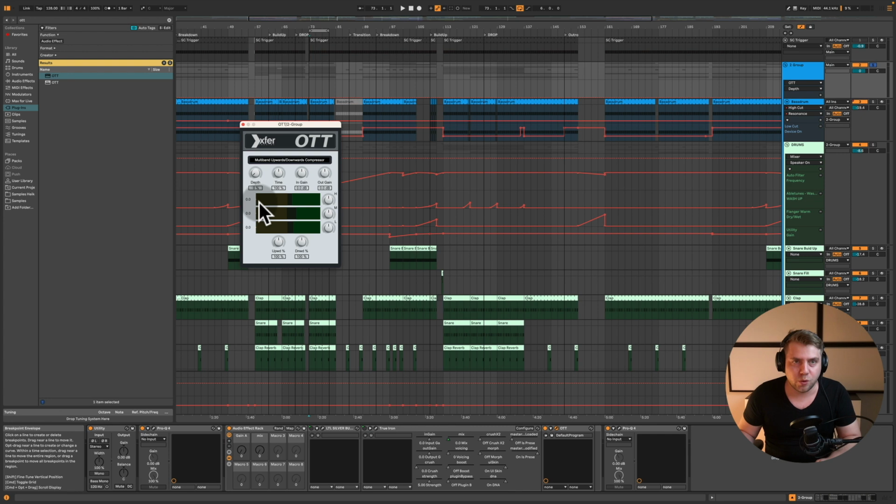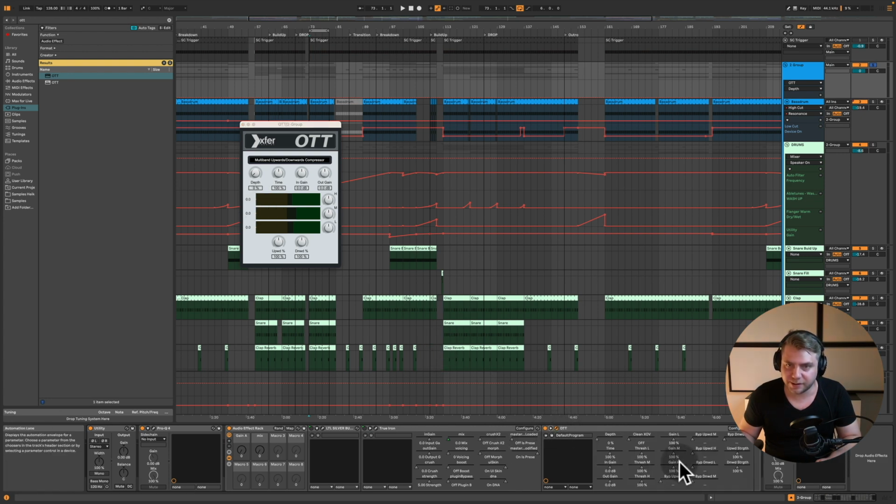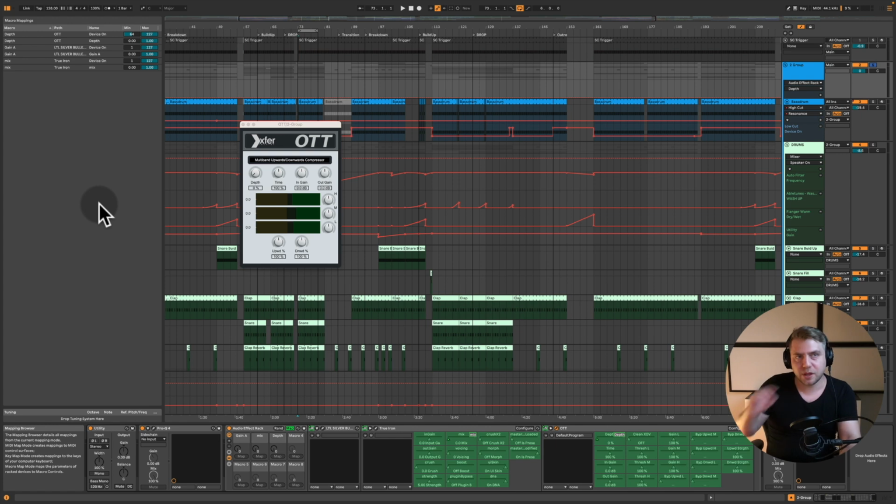And we are going to map firstly on the OTT the depth to macro 3, and as well we are going the device on and off button to macro 3. And now if we click into the mapping section, we can see that first, of course, we need to adjust this one to 1,